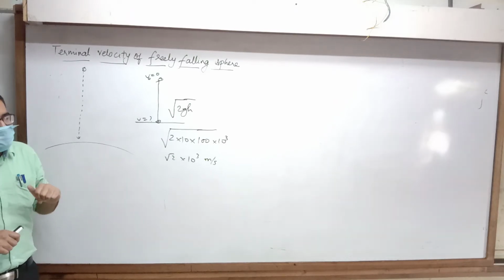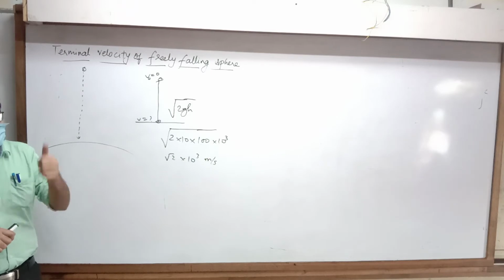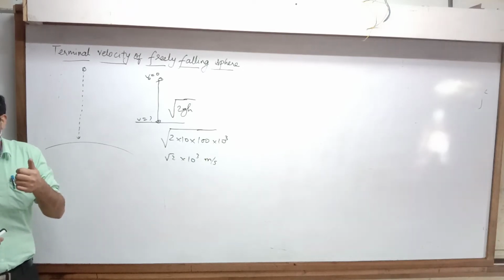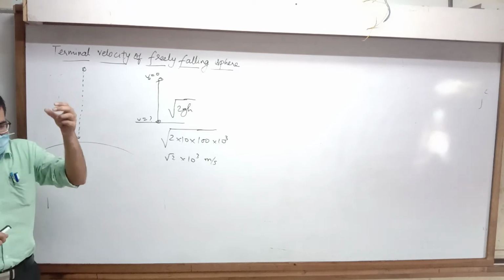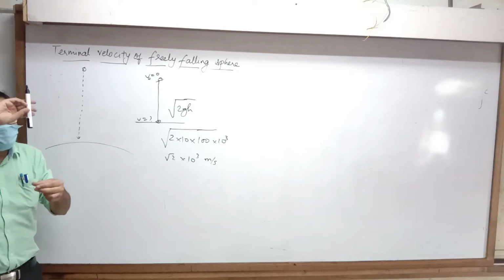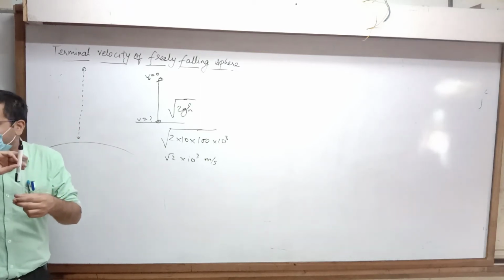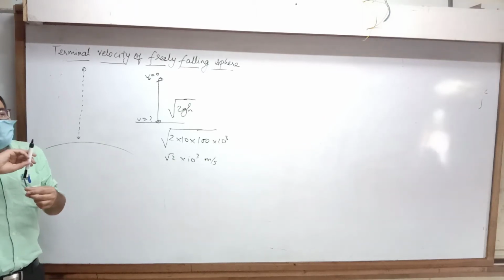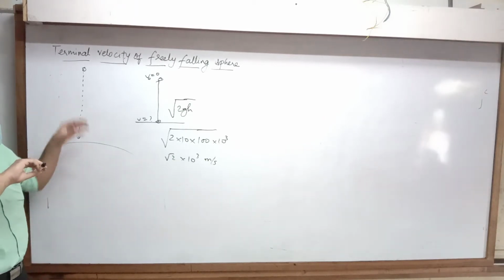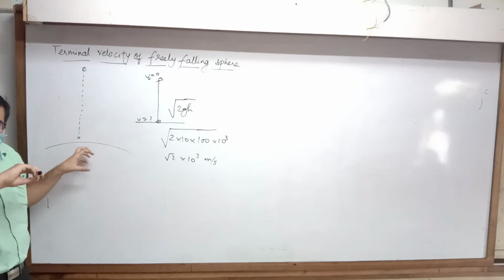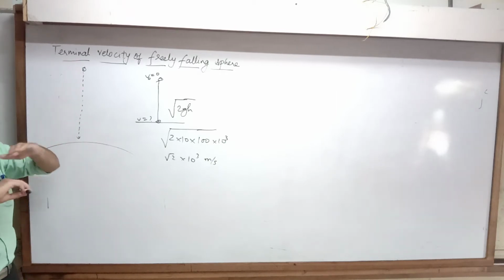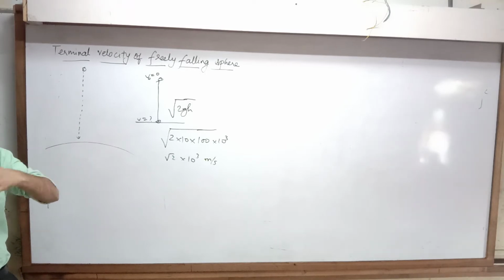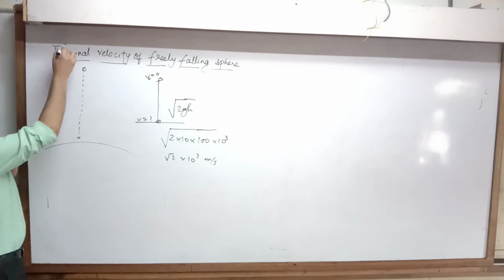Why will the speed not increase beyond that limit? Because there is an opposite resistive force. Stokes' law. Make sense or not? As it tries to move down, there will be an opposite resistive force which will not allow the speed to increase. So finally, as it falls, after some time, let's say you drop it from here, the speed will become constant. Understood? That is called